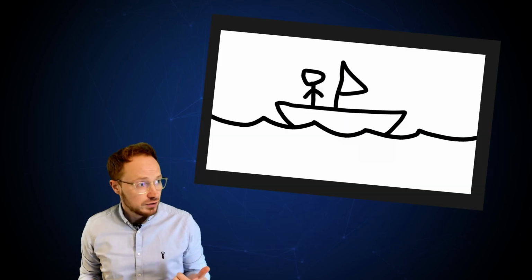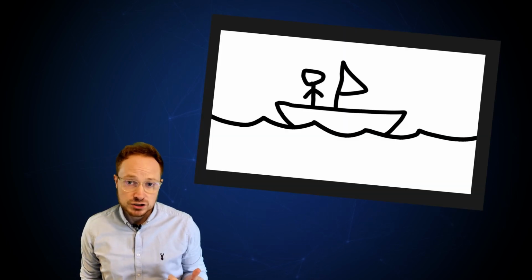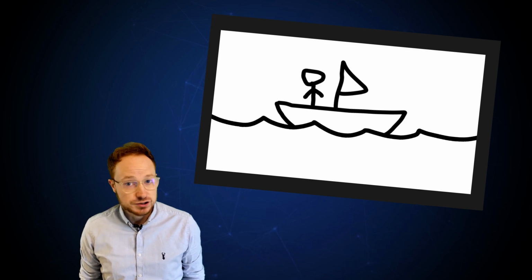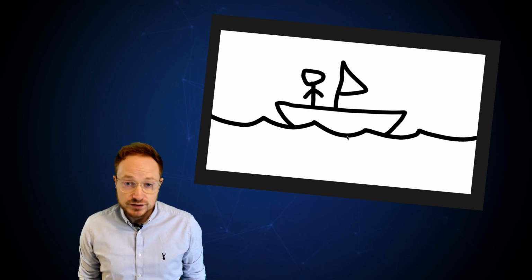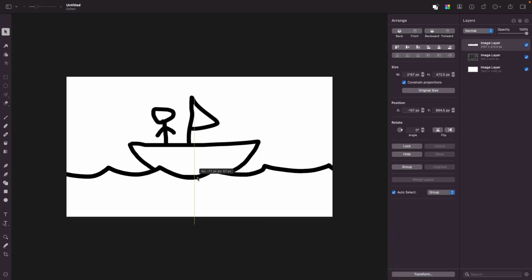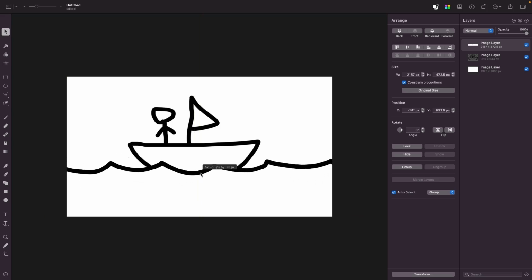So I've drawn this little man on a boat here, which I think you'll agree is really very good. But I've got a quick question for you. What is the difference between this and this? Okay, so it's a bit of a stupid question, but the point here is that one is static and the